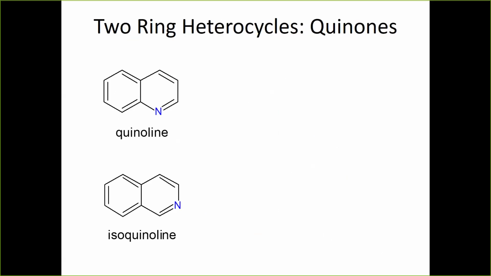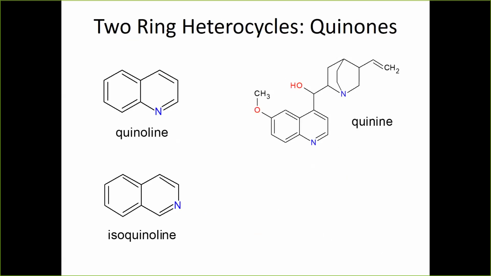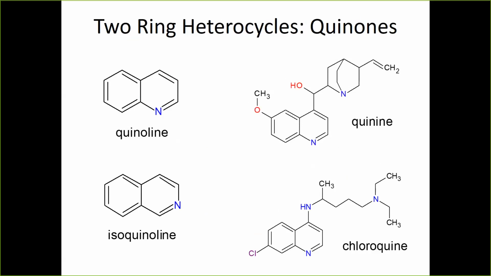A couple more structures to recognize. These are quinones, and you can have a quinoline, which has the nitrogen there next to where the 2 rings are joined, or the isoquinoline is similar but has the nitrogen 2 positions away. And so why are these of interest? Here's some structures that are examples of antimalarial drugs. This one on the top here, this is a quinoline. It's probably one that everyone's heard of, which is quinine. And here's another one that you may be familiar with, which is also a quinoline. And this one is chloroquine, and you see at the bottom left there, there's the chloride stuck to the quinoline structure there.